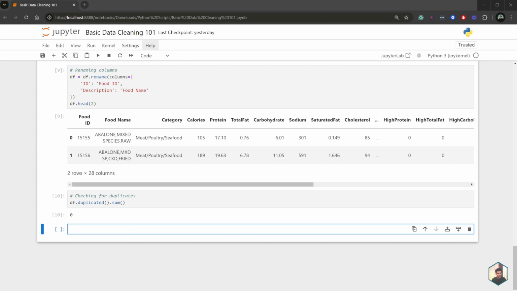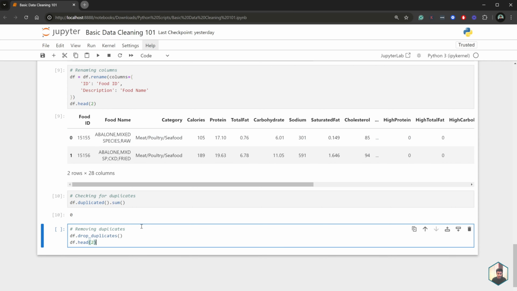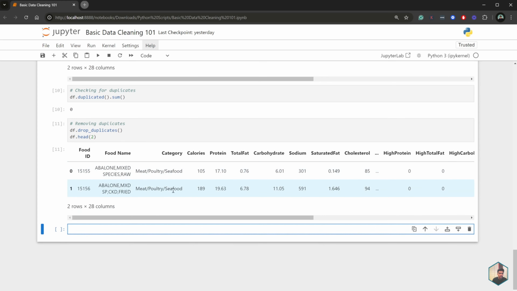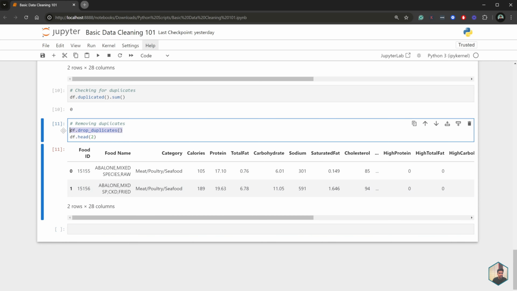But if, for instance, you did have any duplicates, how you can remove them is by doing df.drop_duplicates(). So nothing actually changes here, but if we had duplicates, doing df.drop_duplicates() would remove any rows that are duplicated in the data set.